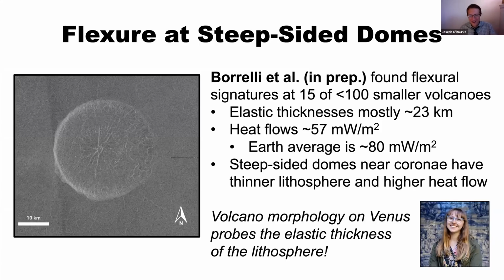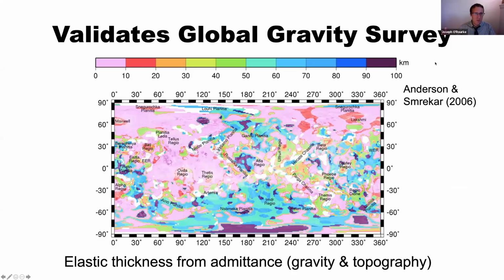Now, how did I get to that broad conclusion? Well, the punchline is that these local estimates of lithospheric flexure agree with results that were derived from a global survey of elastic thickness that used gravity data. Now, the gravity data have been treated as pretty sketchy for a long time because they have very poor spatial resolution. So fundamentally, anytime you're doing a gravity survey with spacecraft, you're tracking the acceleration of a spacecraft, and your spatial resolution is no better than the altitude at which the spacecraft goes. And since Venus has a thick atmosphere, you can't get any closer than about 200 kilometers. So that's the best resolution of the gravity field.